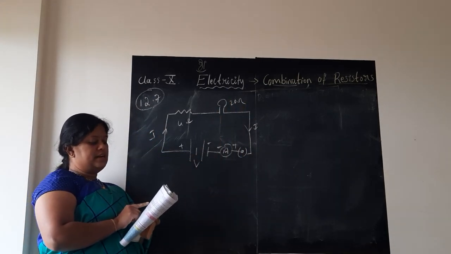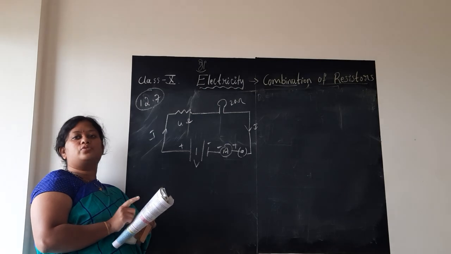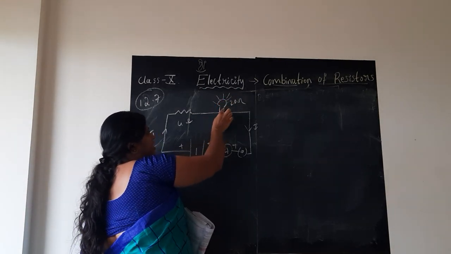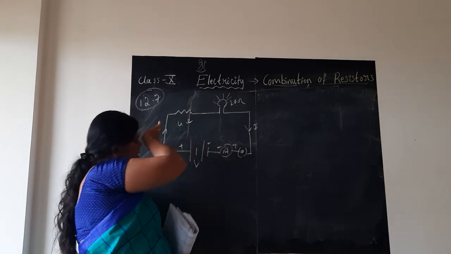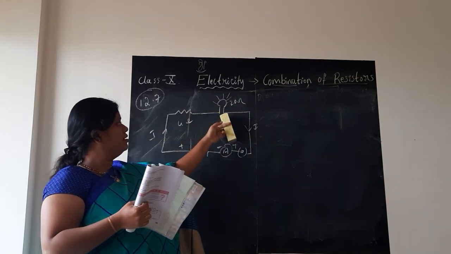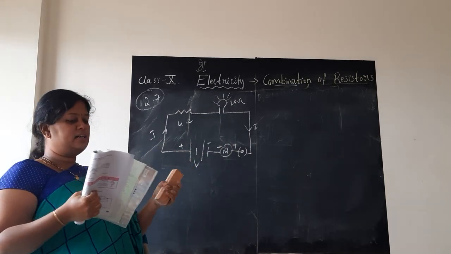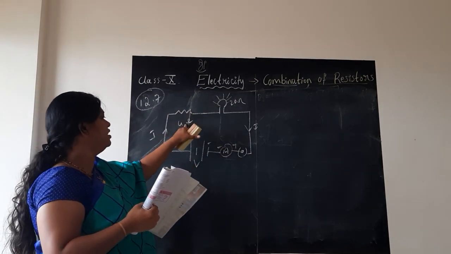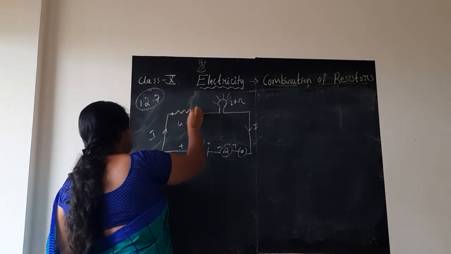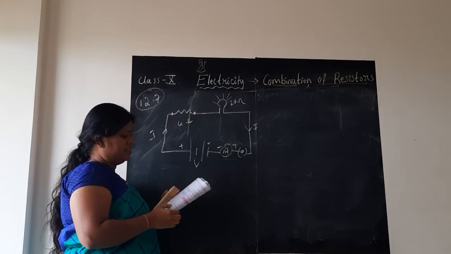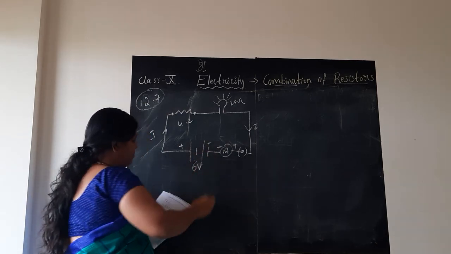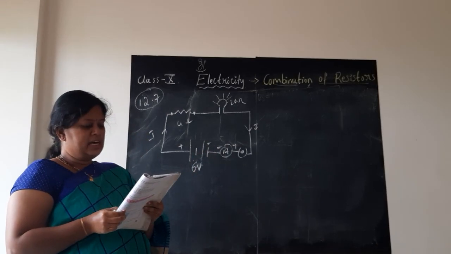An electric lamp whose resistance is 20 ohms. So the electric lamp or bulb is present here and its resistance is 20 ohms. This is a conductor and this is the bulb they have given. And a conductor of 4 ohm resistance. So this is the conductor with resistance 4 ohm. This junction is clearly mentioned there, children. You can see in the textbook. And it is connected to a 6 volt battery. How many volts battery? 6 volt battery.